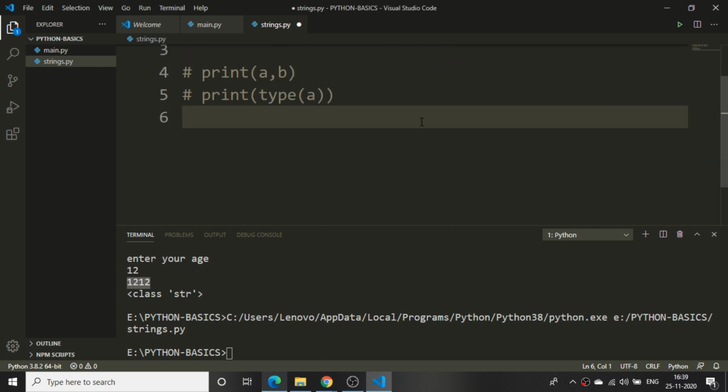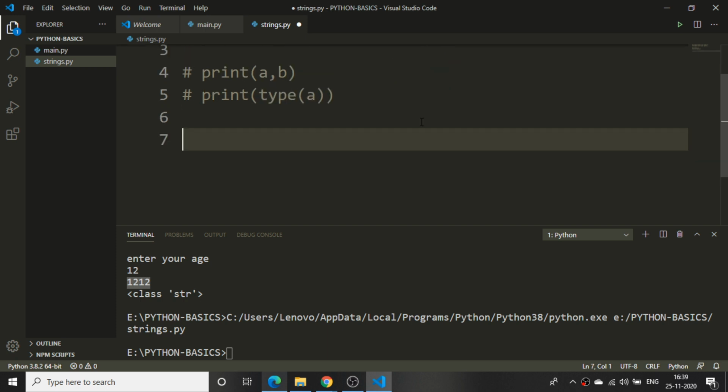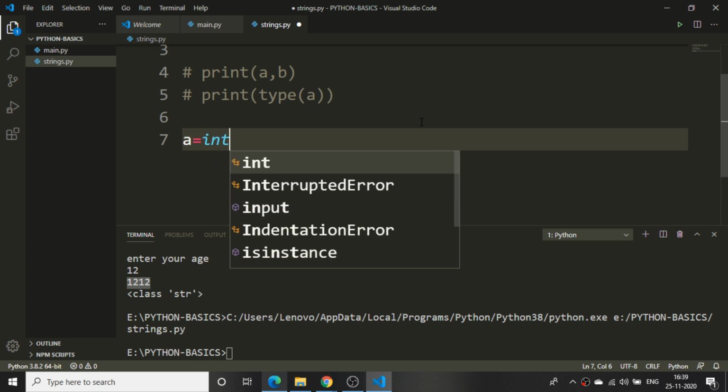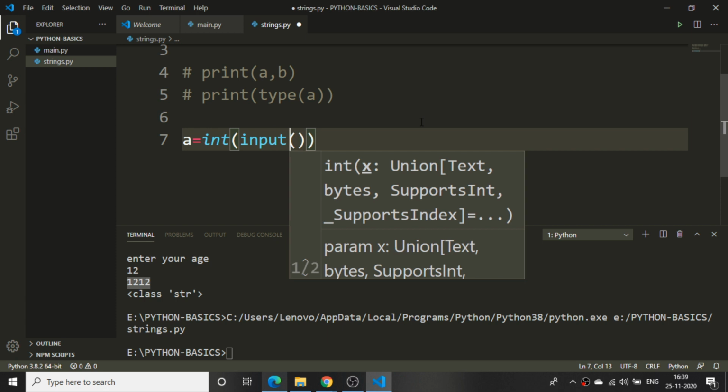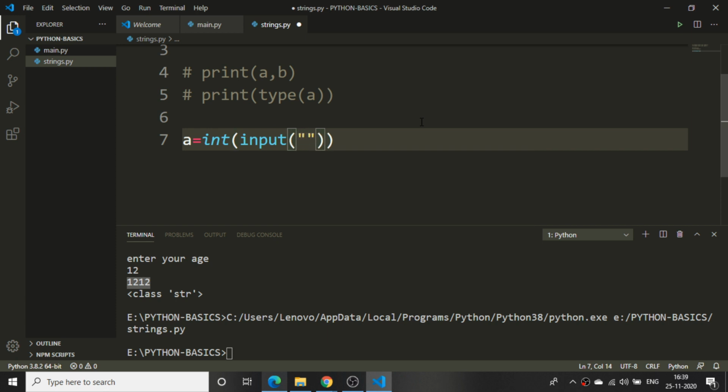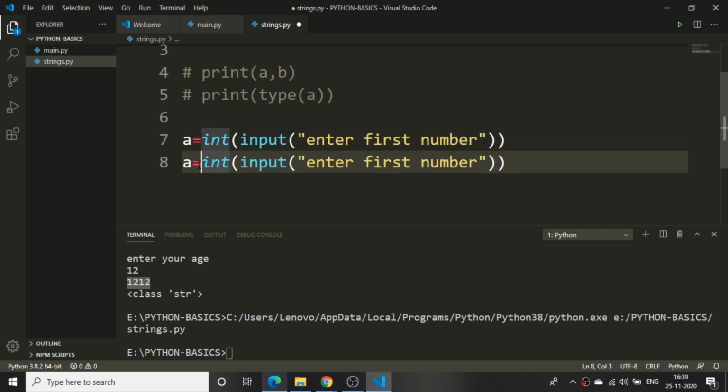Next. Now suppose I want to add two numbers over here. I'll tell a is equal to int of input. Now it will accept the input and convert it into an integer. I'll write enter the first number, and b is enter the last number.